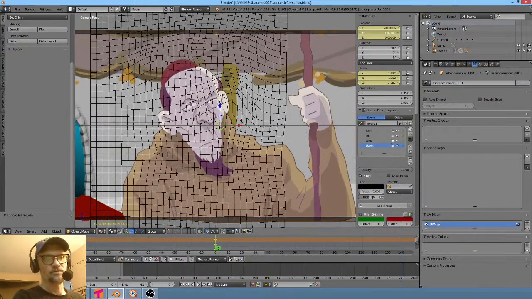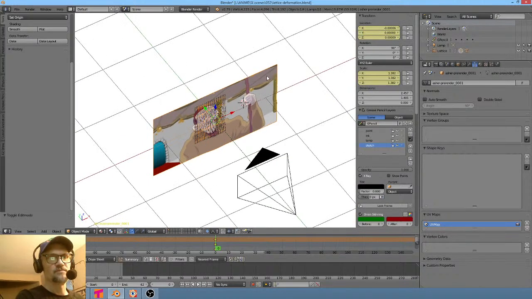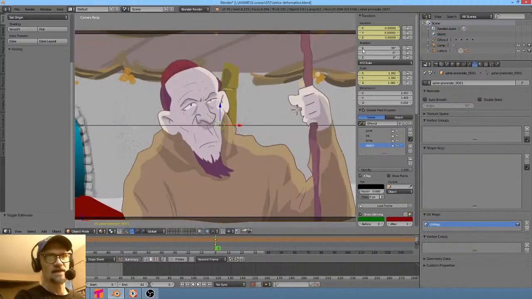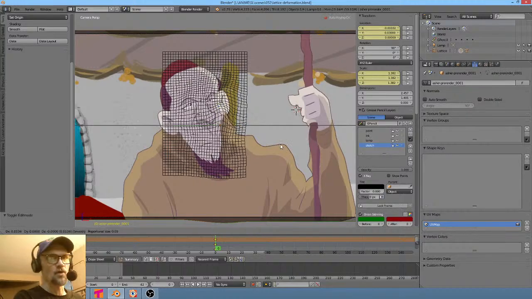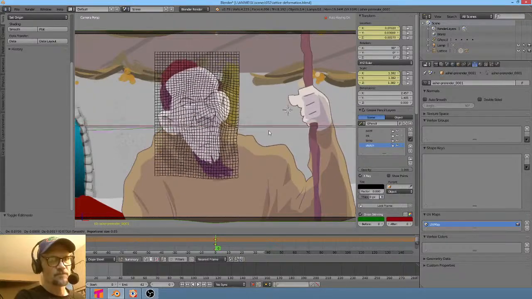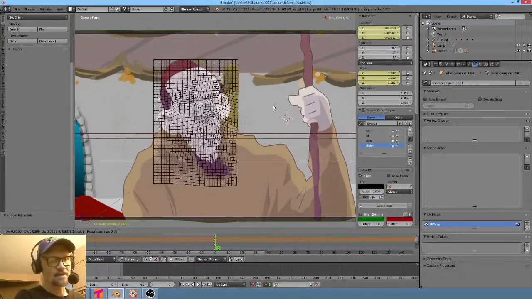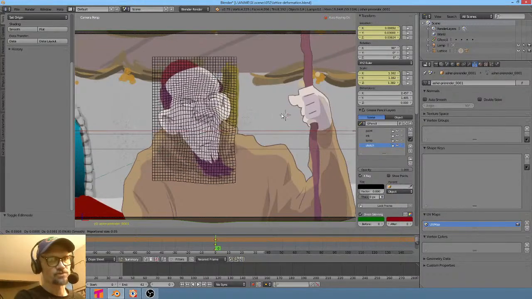Okay, and then what that's doing is actually moving the lattice. Darn it. I thought I had the mesh selected when I had the lattice selected. So I'm moving this in Y space so we can get it back far enough to see what we're doing. Now we're going to grab this, and the whole objective is to put this back roughly the way it was positioned. And I think we're screwed because